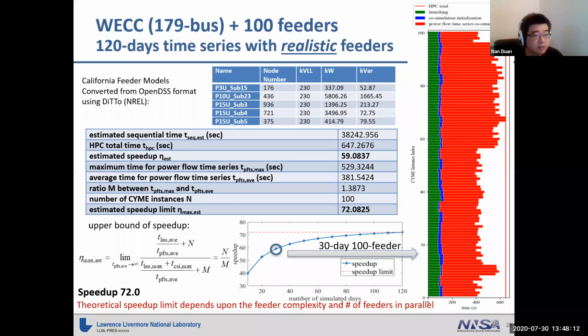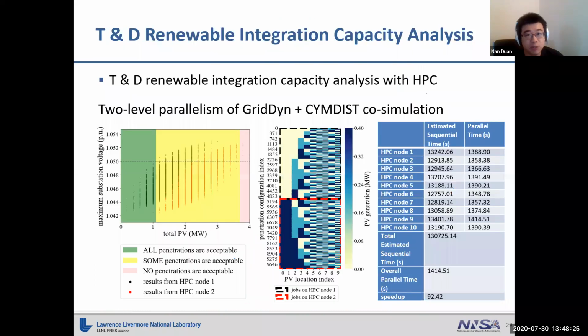So for this case, we were able to achieve a 72 times speedup compared to simulating everything in one node in a serial manner. Another additional case is that we could apply the same methodology to integration capacity analysis on HPC. In this case, we are deploying different PV installation configurations at different computing nodes and simulating them